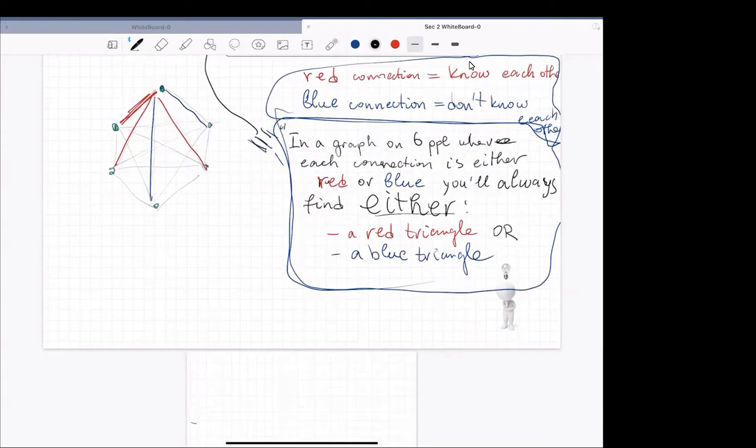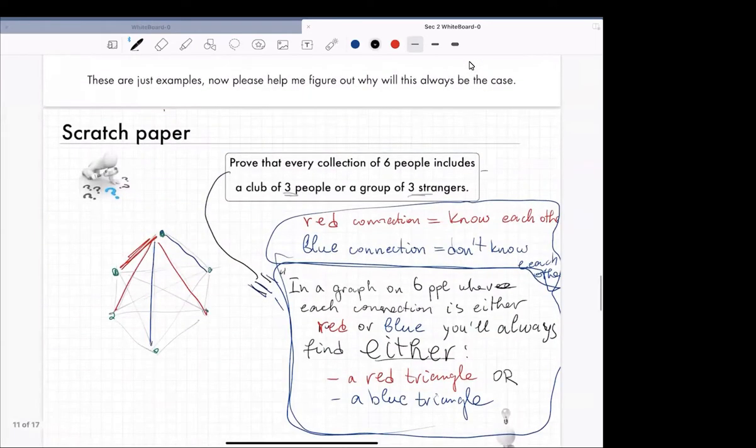Any thoughts? So notice here, let's observe a couple of things, even if you have thoughts. Sorry, I'm interrupting you. First of all, notice that we're claiming 6 people. Later, I will be asking you something like, why do they have to make 6 people? Why doesn't it work for 5 people? And so on. But those questions are coming later.